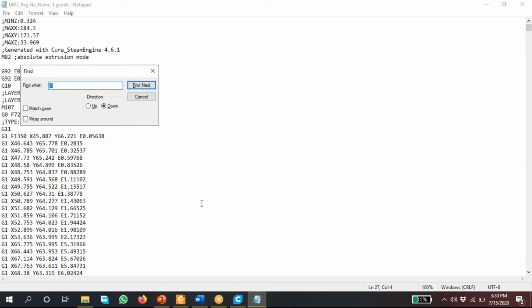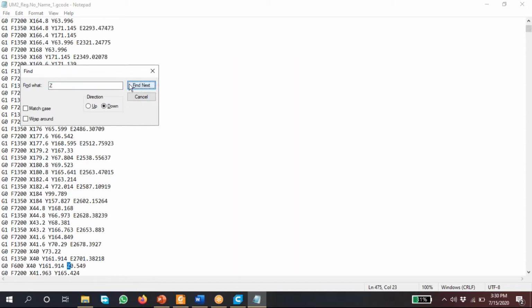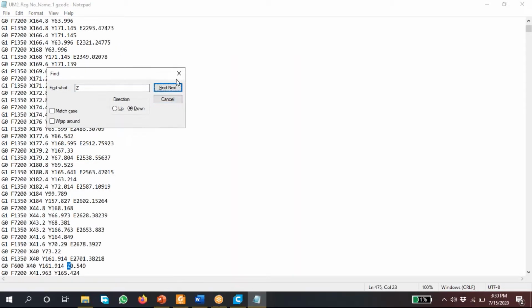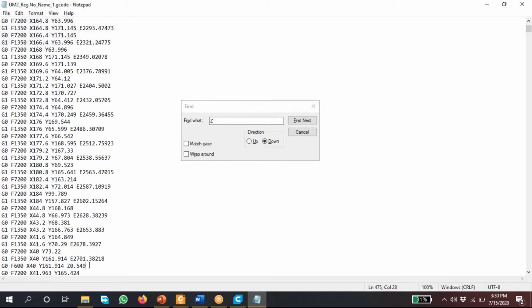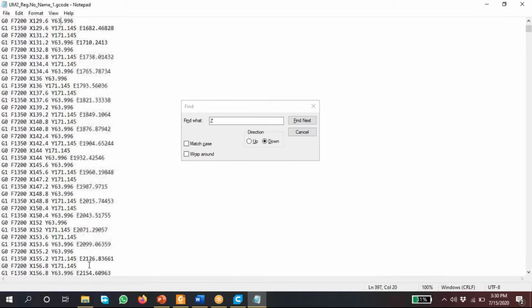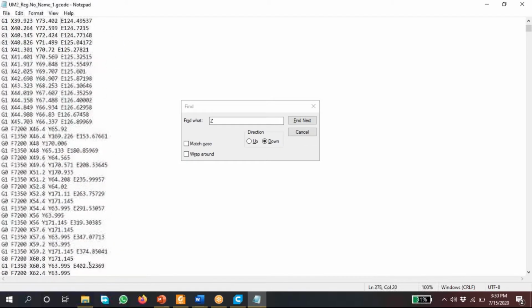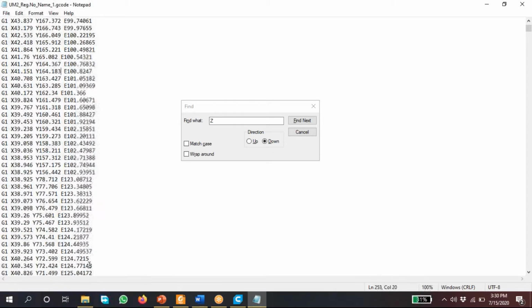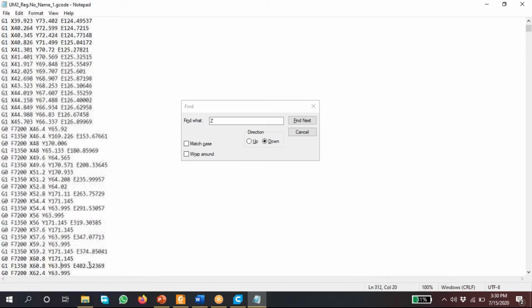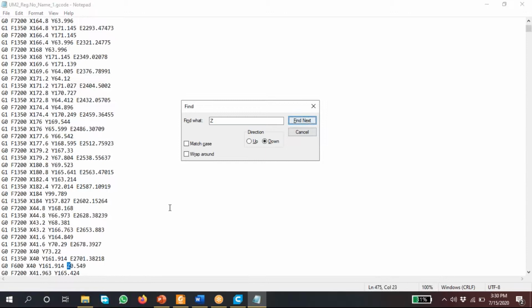I will search Z. See, Z is here. For one layer, it is taking this much code actually.